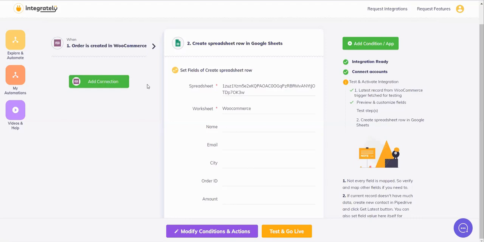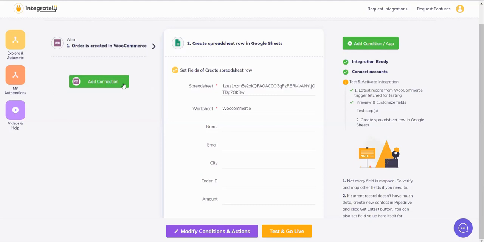Since WooCommerce uses webhooks, it is going to ask me to add my connection to WooCommerce every time I create a new automation, because it is not working on an API, which is fixed, but on webhooks that differ every time I make a new automation.